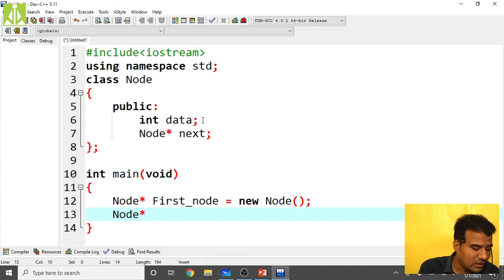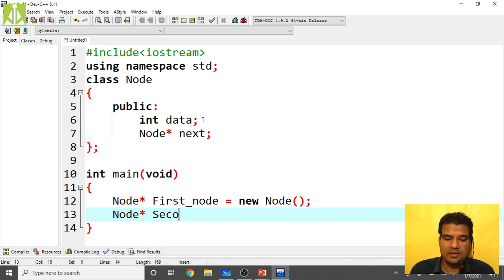second node, or before making anything over here, it's better to create all three nodes first. Okay, so then my second underscore node, or you can even name the nodes like this, first node, second node.